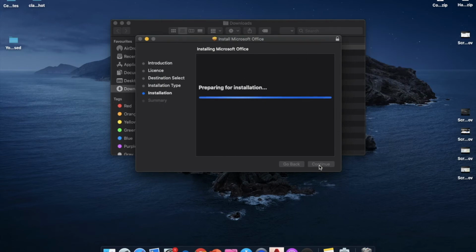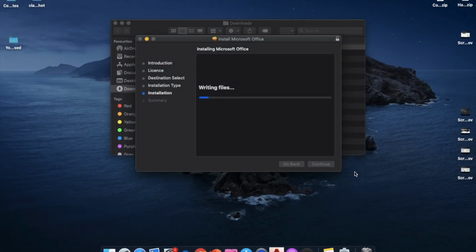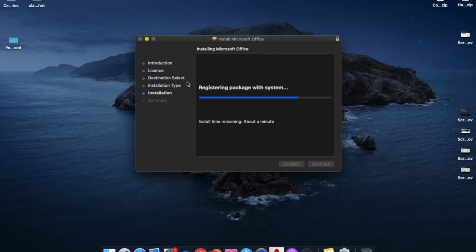Just wait and chill for some seconds because it will take time. After some time it will install, no problem. It will take approximately 2 to 3 minutes. Just see, I don't have any app now. After installing, I will get all the things. Okay, see it now. It takes about a minute. I am just skipping this part.